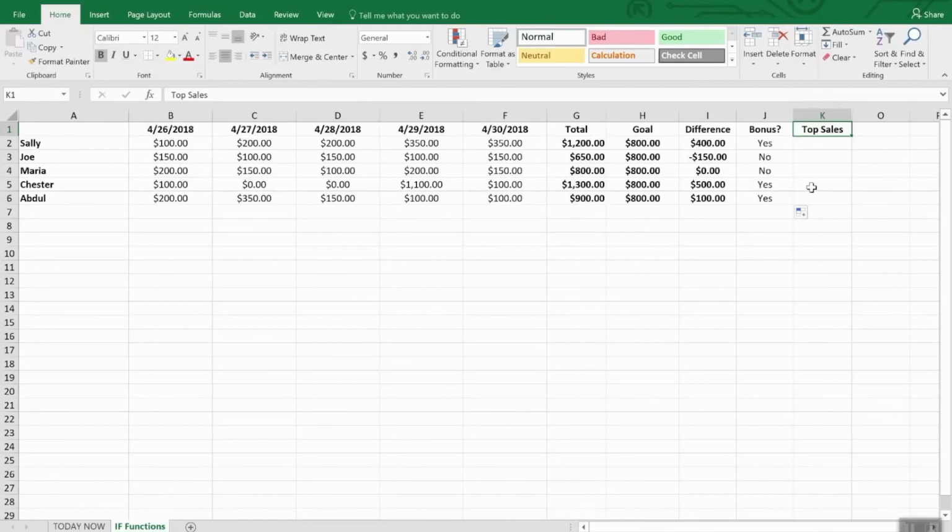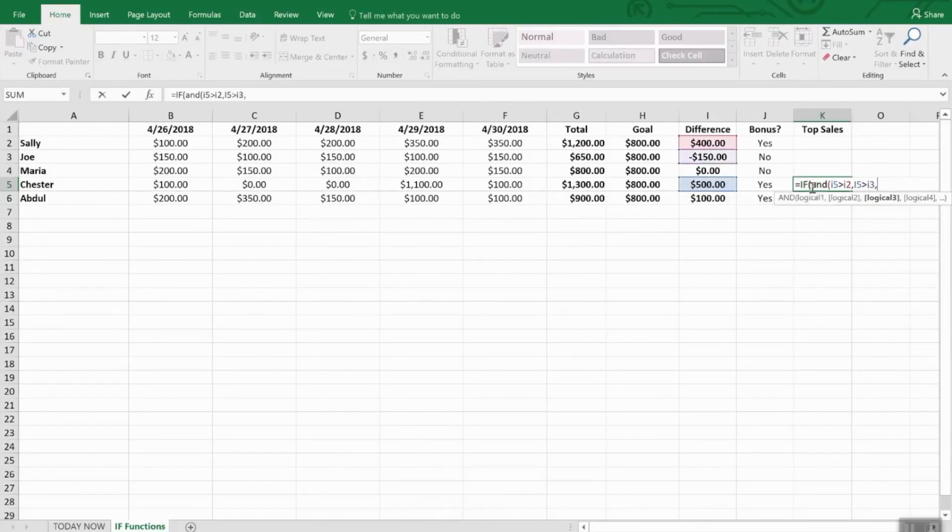We already know that Chester's our winner, so as not to make things anticlimactic, we'll go ahead and build our first formula around him. So bear with me because we've got to type a little bit. So the formula is IF AND, then we're going to say, again, we're using the difference column, I5 for Chester is greater than Sally's I2, is greater than Joe's I3, is greater than Maria's